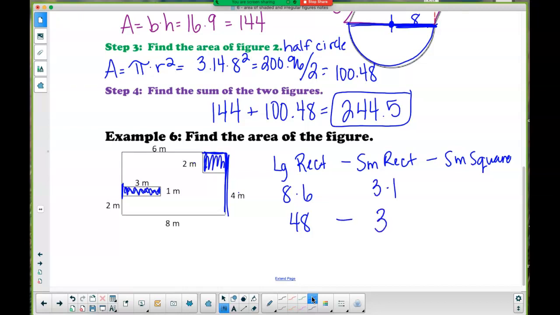Okay. The small rectangle, this one right here, 3 times 1 is 3. I'm going to subtract that. And here, this is 2 by 2 is 4. 48 minus 3 minus 4 is 41. We got the same answer either way. It doesn't matter. How many of you like that second way better? Some of you do. Some of you are like, yep, I can see that one better. It doesn't matter. I wanted to show you both ways. Because it doesn't matter which way you do it, you get the same answer. I think the first way, you just have to find more numbers. Right? It takes a little bit more time to find them. Either way works. Okay. So that's